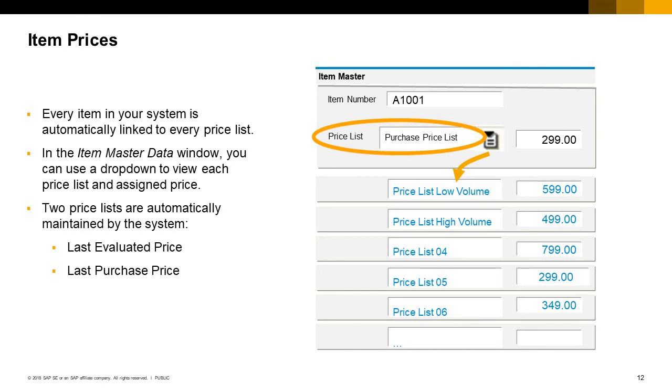Every item in your system is automatically linked to every price list. You can set an indicator in general settings that removes items without prices from price lists. When you look in an item master, you will see that you can view prices for multiple price lists directly in the item master. Only one price list will show at a time, but you can access each one and